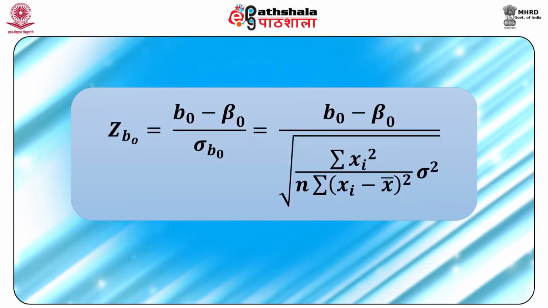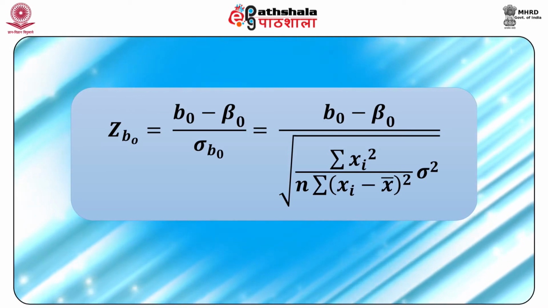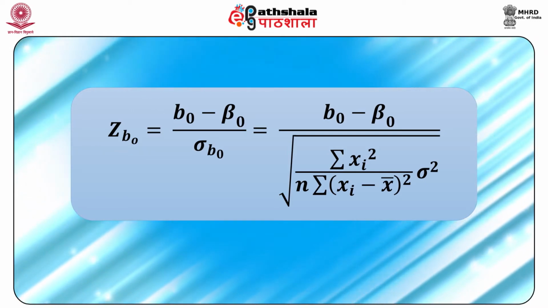Now, we convert the normally distributed OLS estimators into z variables, which are distributed normally with mean 0 and variance 1. So we can define zb0 equal to b0 minus beta 0 upon sigma b0,